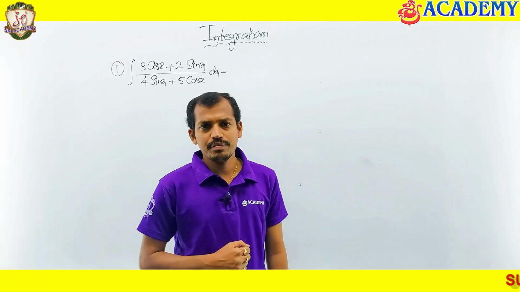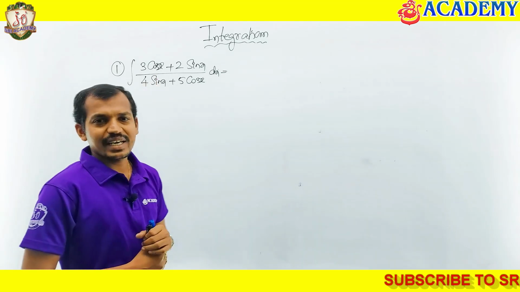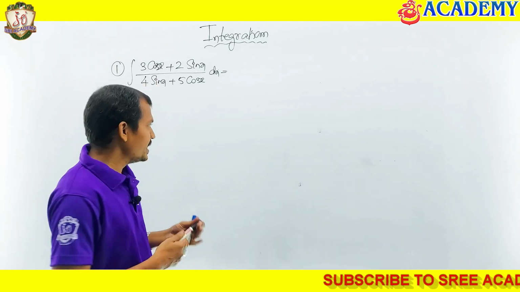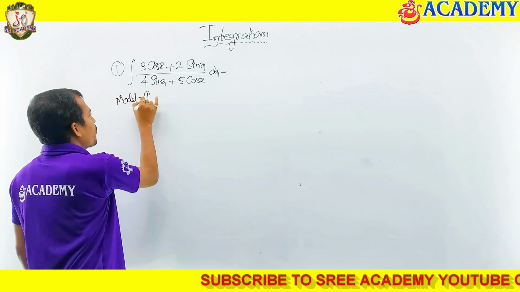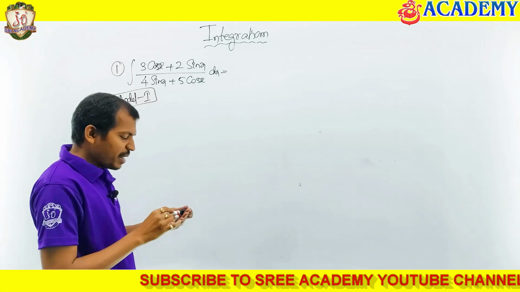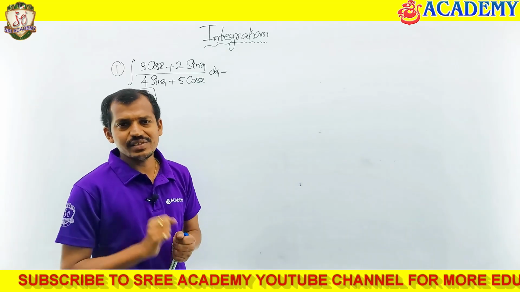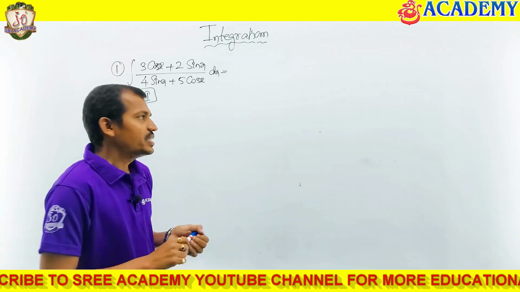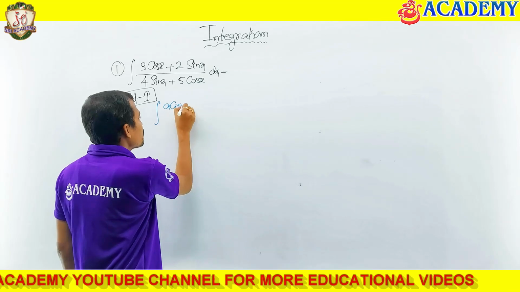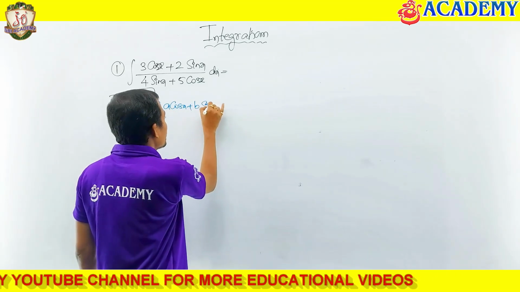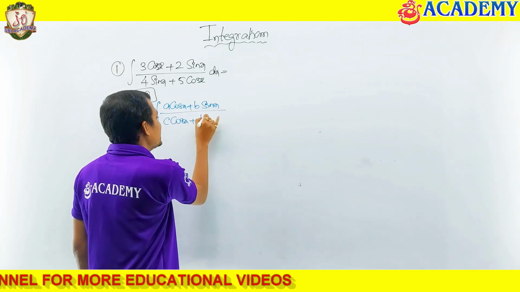Let's move to the problem. Here in the numerator and denominator, sin and cos functions are there. I am marking this as model number 1. I am giving the problem based upon some results. If you know these results, we can write the answers for this directly. First, the integral of (a cos x plus b sin x) divided by (c cos x plus d sin x)